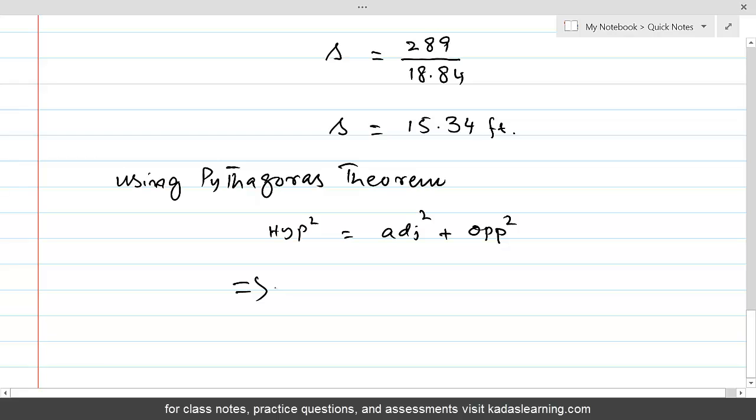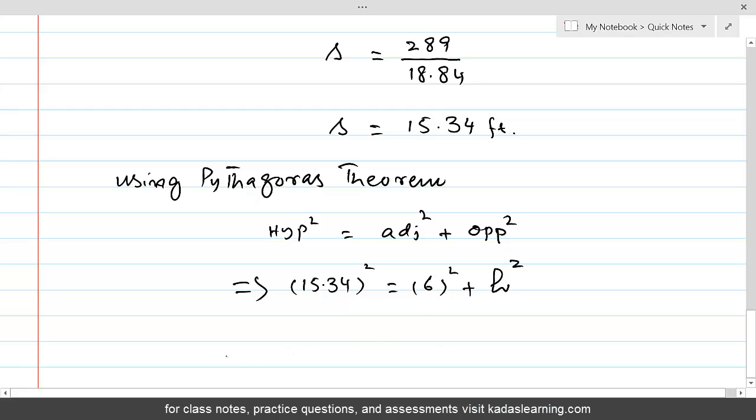The slanting height was 15.34. So 15.34 whole square is equal to the adjacent, that was 6 square, plus the opposite, that's the height of the right cone,